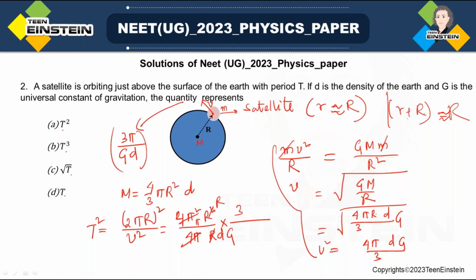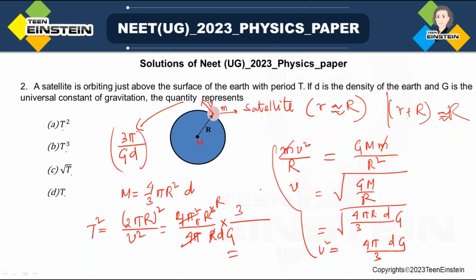Okay, let us see how it goes. dg, so we have got, but there may be a small